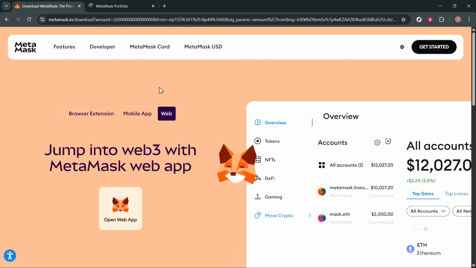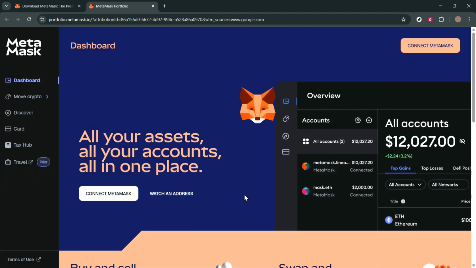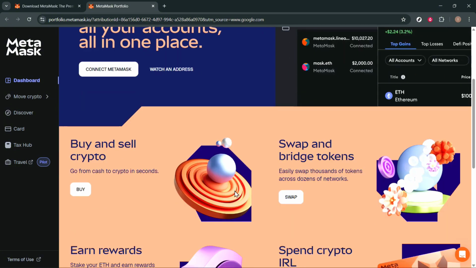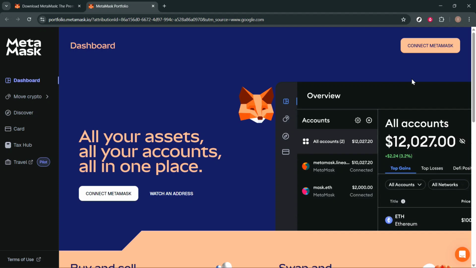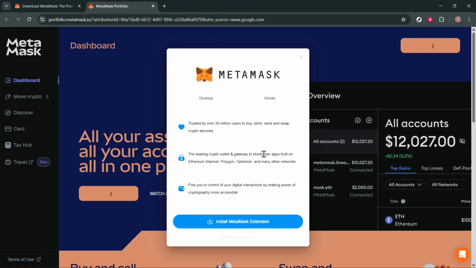So once you select web app, that will take you here. So from here, you need to accept this and then click on this Connect MetaMask button at the top right, or this Connect MetaMask button into this section. And then once you click on that, you'd be asked to download the MetaMask extension or the mobile application to your device, since creating a wallet on MetaMask will require you the app on your mobile device or the extension